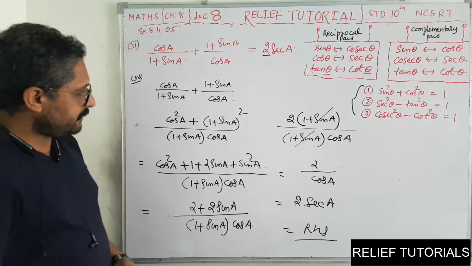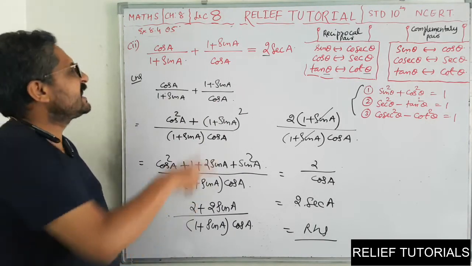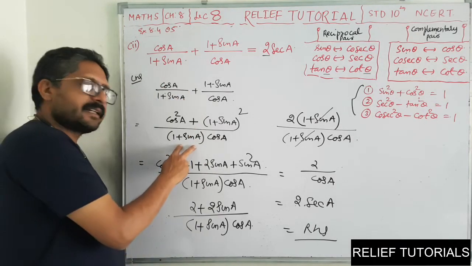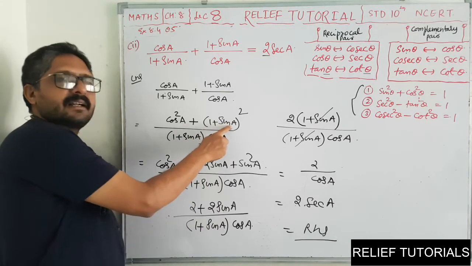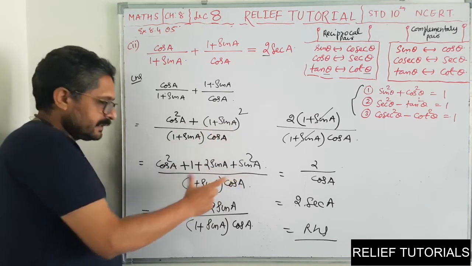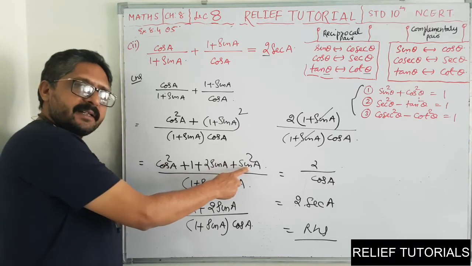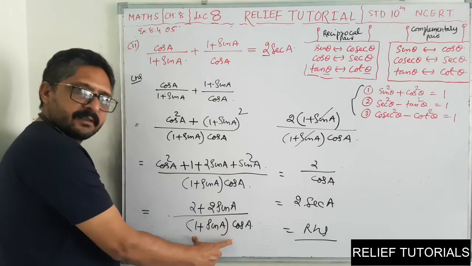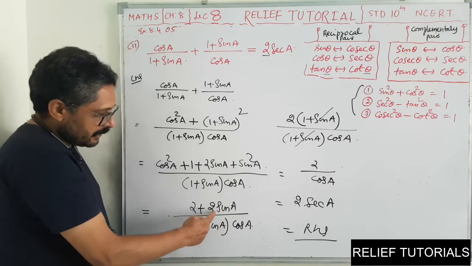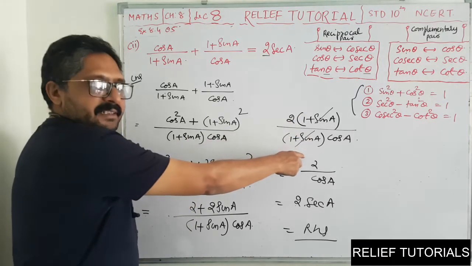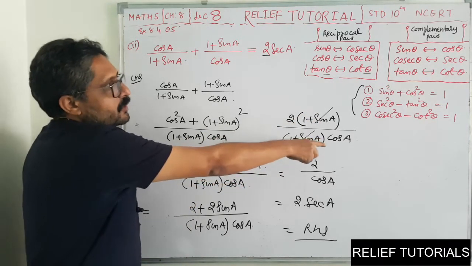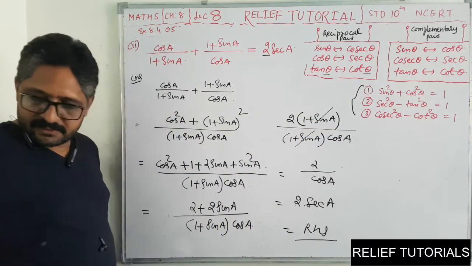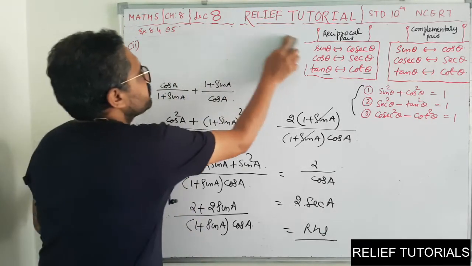See friends, did you enjoy this problem? Moral of the story, see, already the given ratios are in sine and cos. So you have to think algebraically. So I have taken LCM. After taking LCM, I have expanded this algebraic identity, A plus B the whole square. Then cos square plus sin square, a trigonometric identity, that is 1. 1 plus 1, 2. So I have written 2. This as it is, 2 sin A. Don't multiply the denominator. Now 2 I have taken common. 1 plus sin A, 1 plus sin A will get cancelled. 2 upon cos A, 1 upon cos A is equal to sec A. So I will write 2 sec A. That is our RHS. Clear? So I hope you enjoyed this problem.